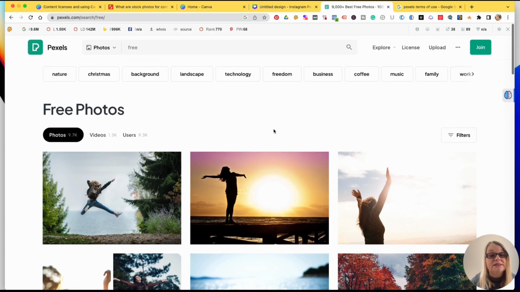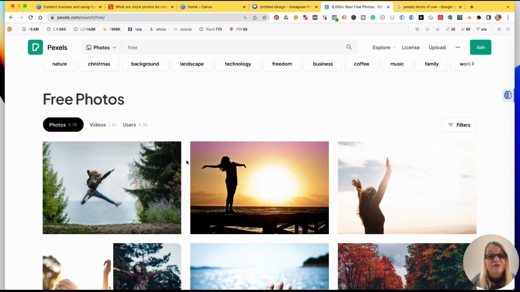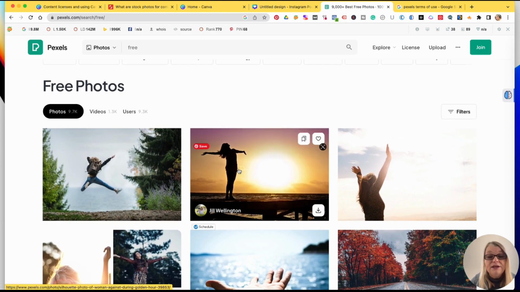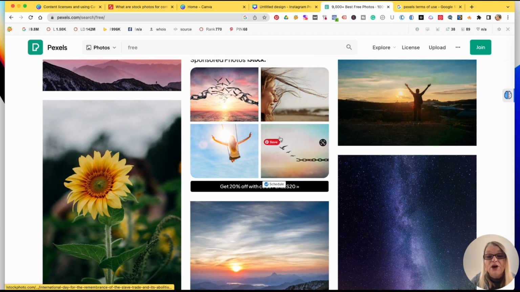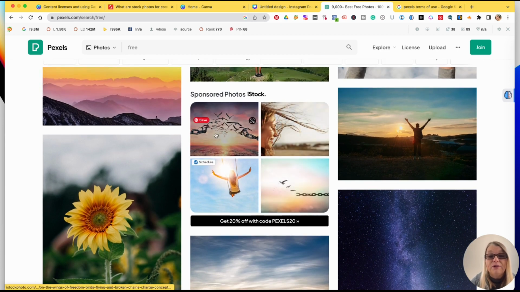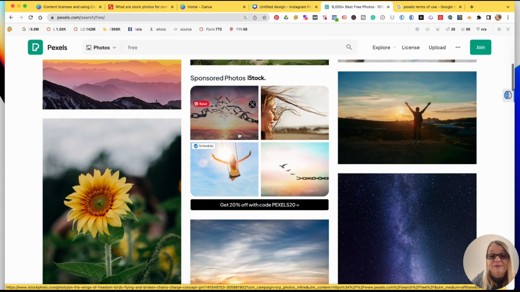So here's Pexels' homepage. Everything is free, but you will also see as you go through these images, see, these ones here are by iStock. You can't use these without paying, but they're shown because it's sponsored.